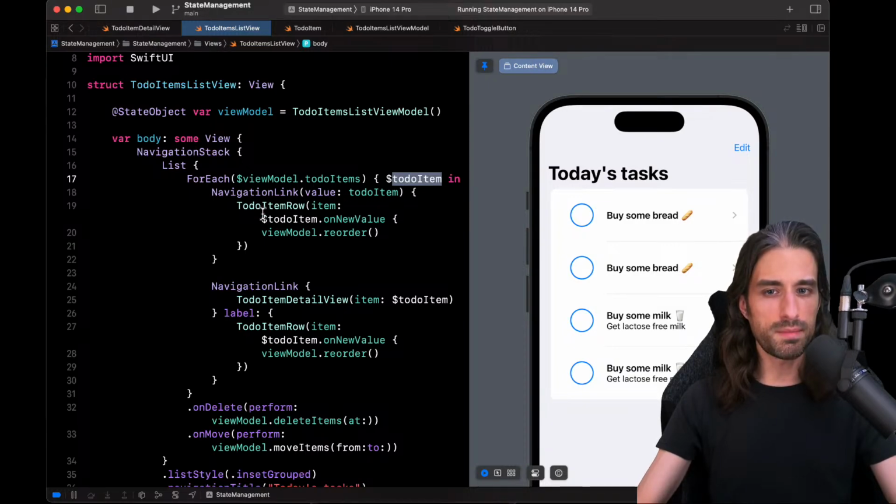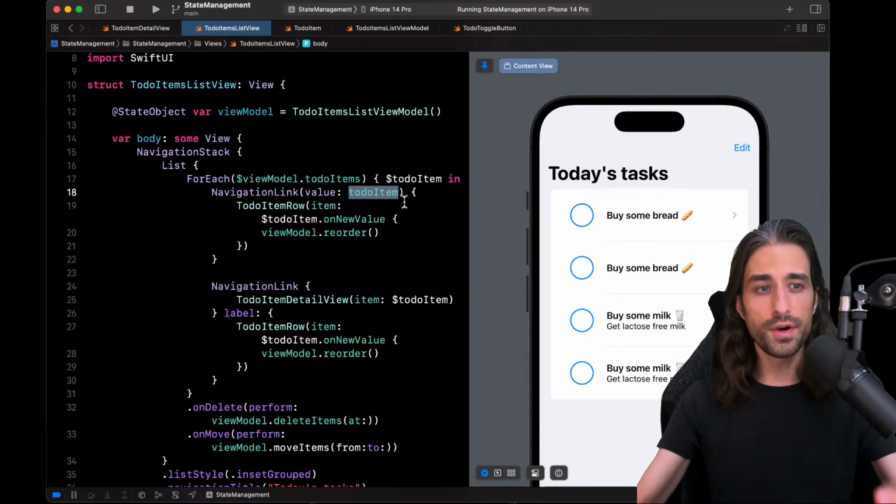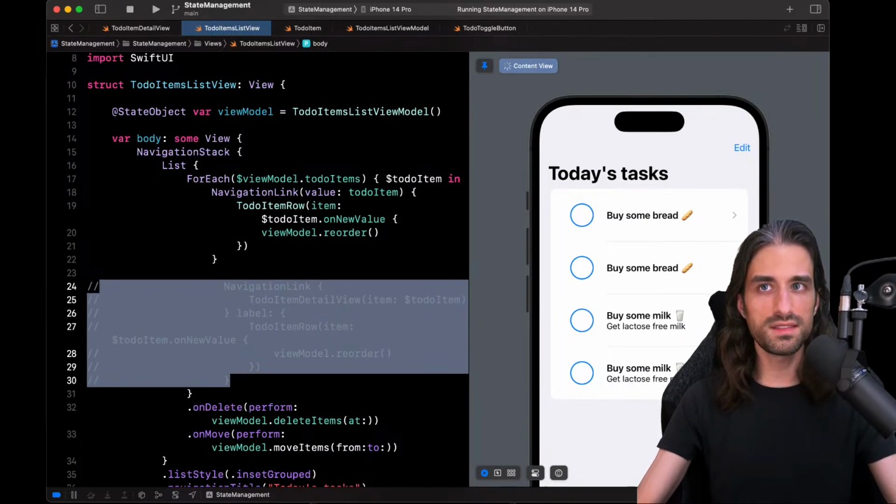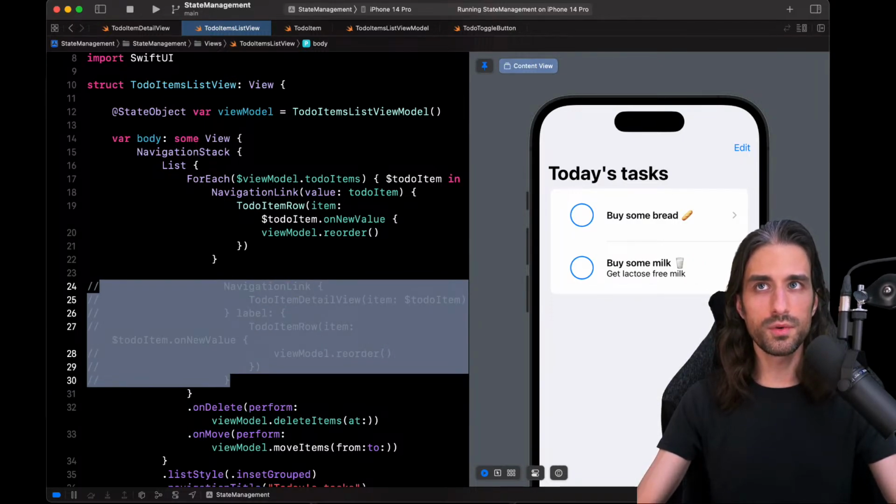But with this new API, we only say, okay, we want to navigate to this to-do item right here, but we will say how we navigate to a view that allows us to display a to-do item in a separate part of the code. And what is that separate part of the code? It's a modifier that we will apply to our list.